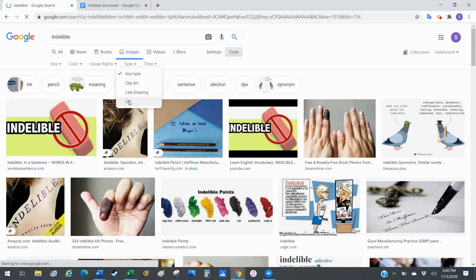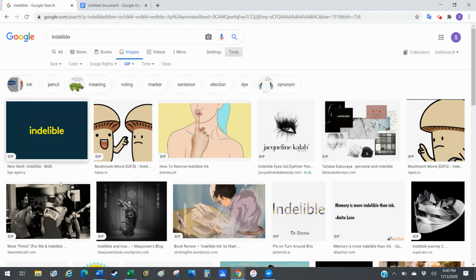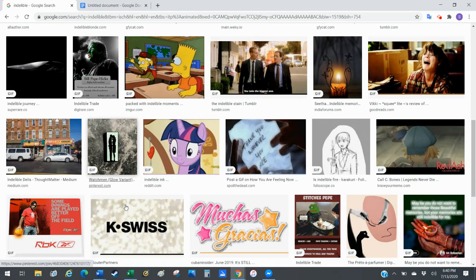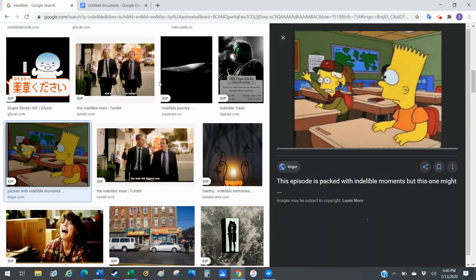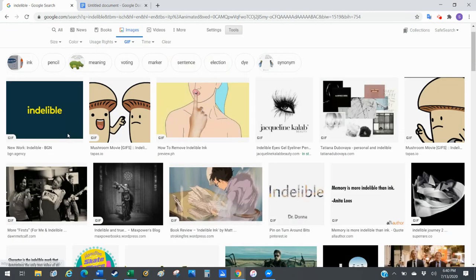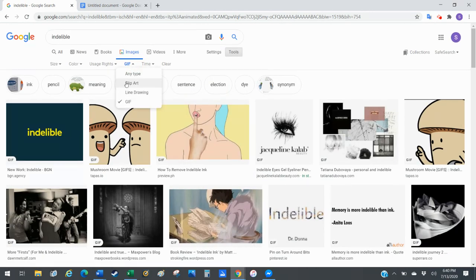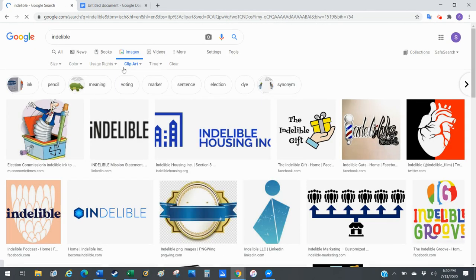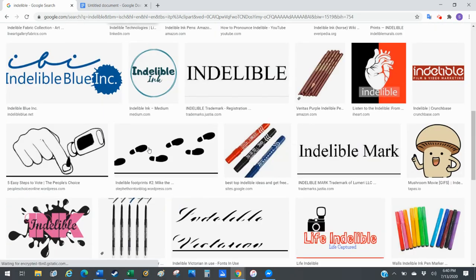You can look for GIFs. This is not going to really apply much for us, but you can look for these GIF images if you want to make a bit of a connection there. Again, not sure what's going on there, but if that is an option for you. You could also go the clip art route,